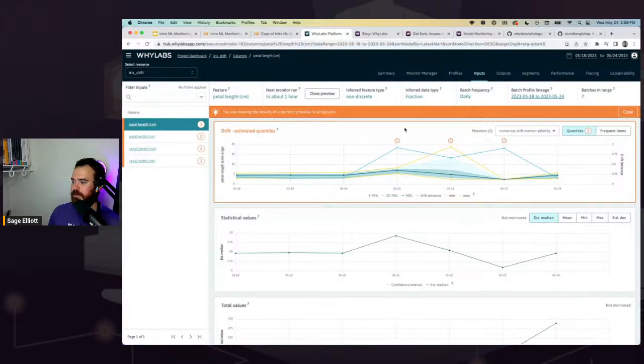Someone asked, can you build a model for image recognition in the platform? Yeah, so you can use this for computer vision models. And I think I might even have a model still in here for computer vision. You can extract different distribution metrics from your images or bounding box detection algorithms and then log those here and do something similar. So you could see if, for instance, the lighting in the images drastically changed. You could do that in this platform and catch data drift for images or embeddings.